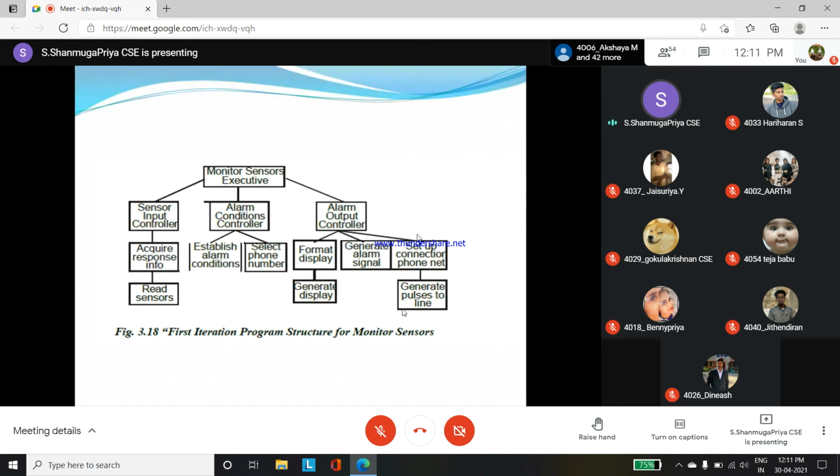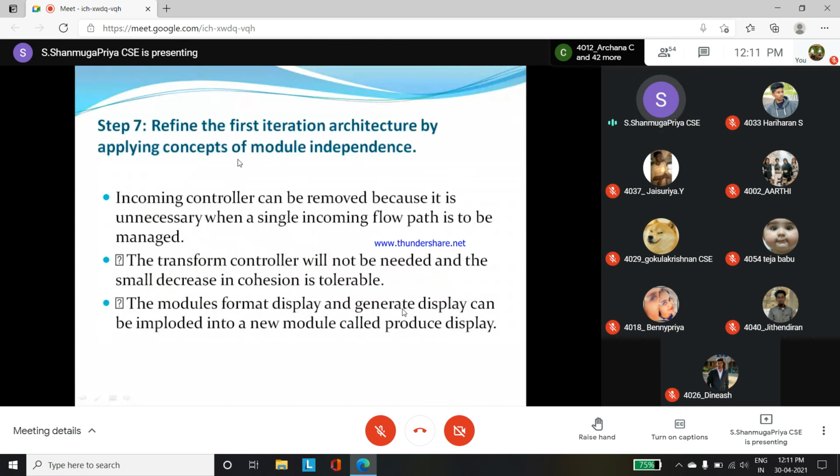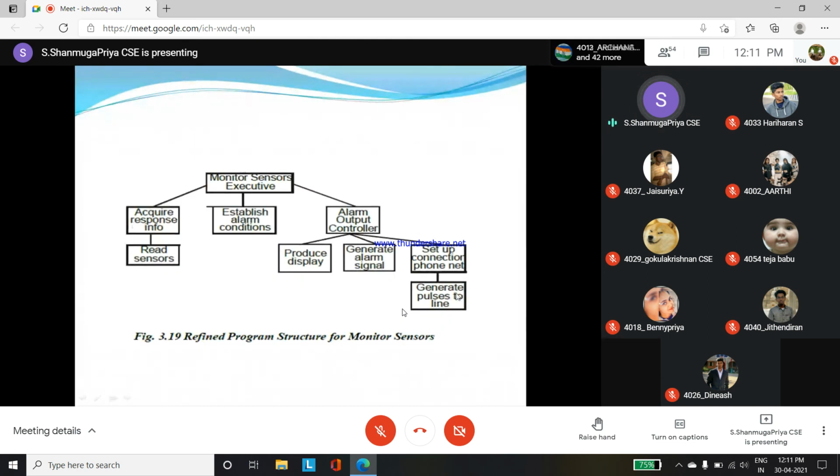In the seventh step we redefine that architecture diagram. Here we identify what things we are using, what we can combine, what we can remove, and we redefine it as a simple flow.